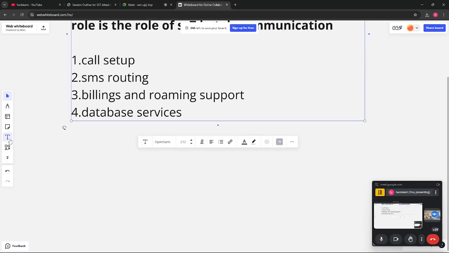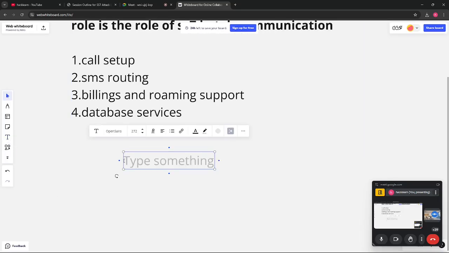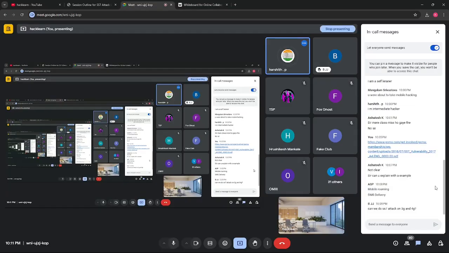I hope everyone understands and gets the idea of why it is used. Does anyone have any issues, or should I proceed further? Yes, call uses triangulation. First it gets the location, and then the call is transferred to the nearest location. From that point, the call is forwarded to the person you have called.